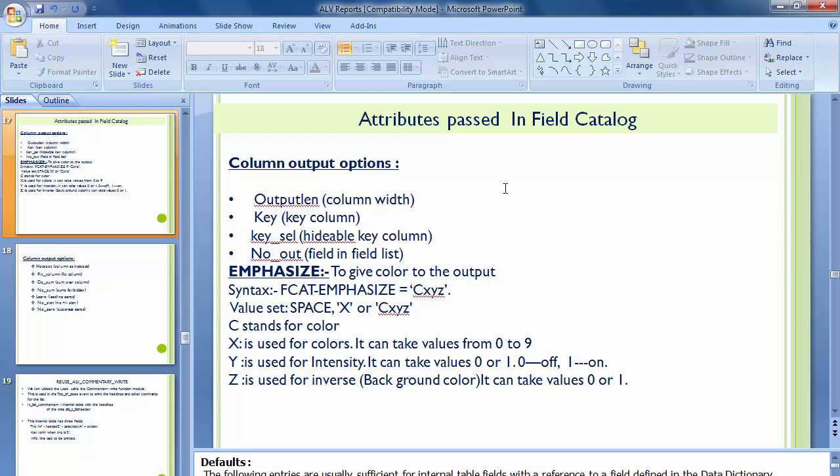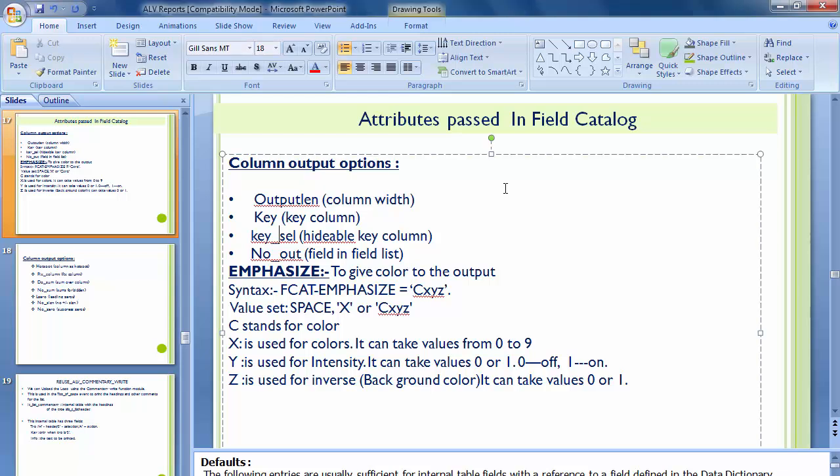Some other attributes passed in a field catalog: output length, you can go with key, cell field, no output. And if you want any color, it is possible, but you have to specify the colors like a formatting technique in a classical and interactive report. For example, here